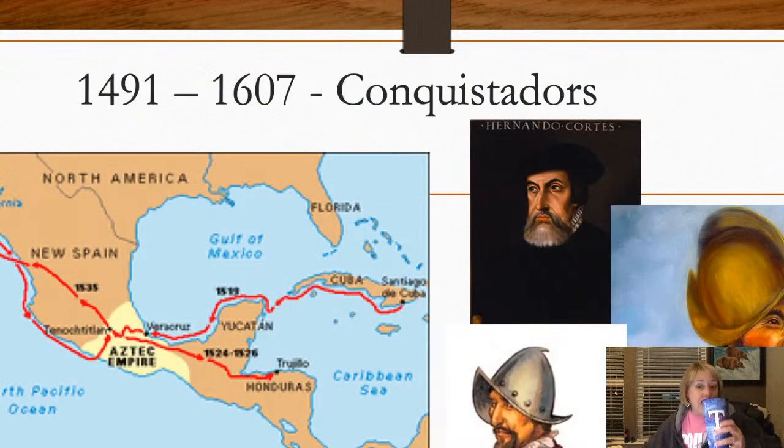When the Spanish arrived, they're coming in after Columbus. Columbus got here in 1492. I don't think I have a slide on it, but remember the Columbian Exchange. Remember the effect that Columbus had on the Native Americans, and to a point, the effect the Native Americans had